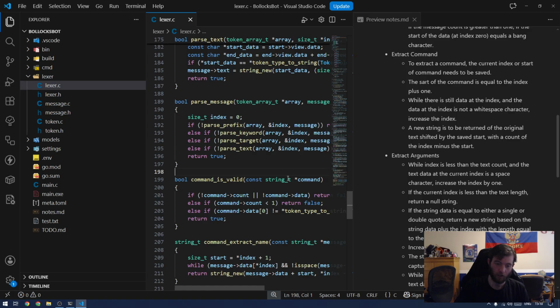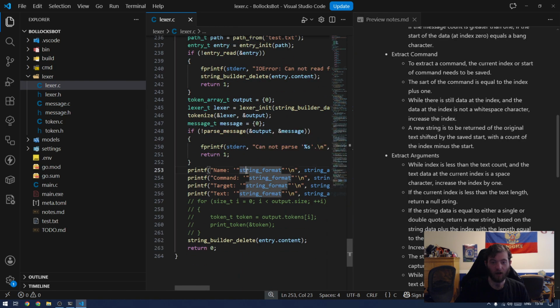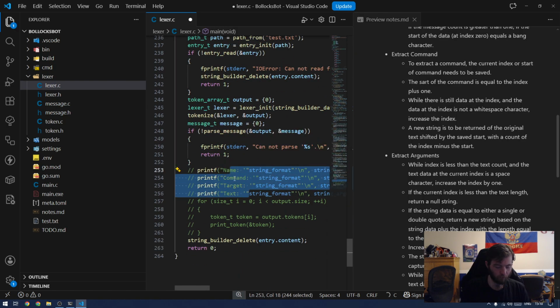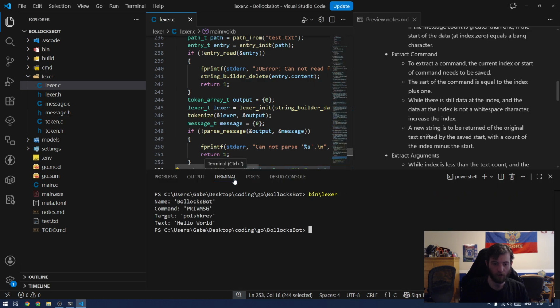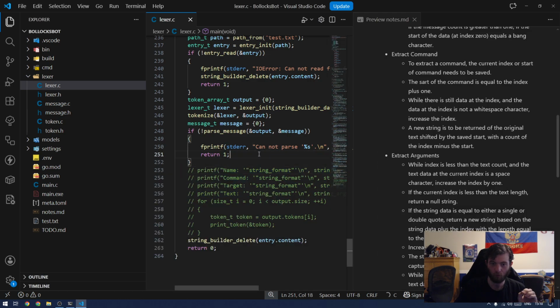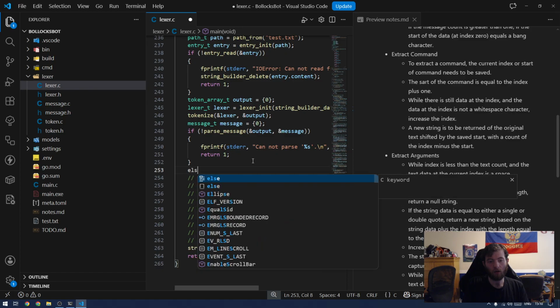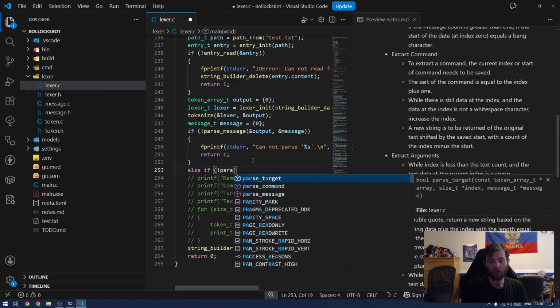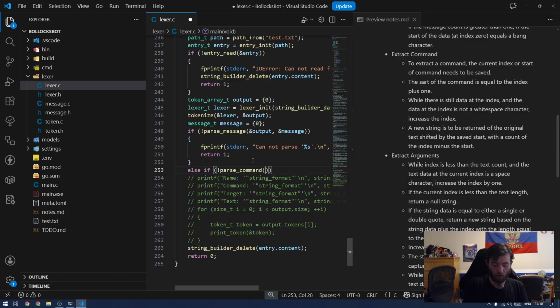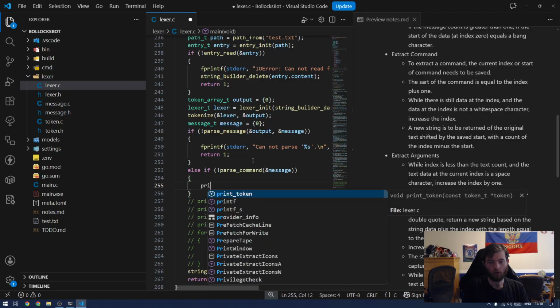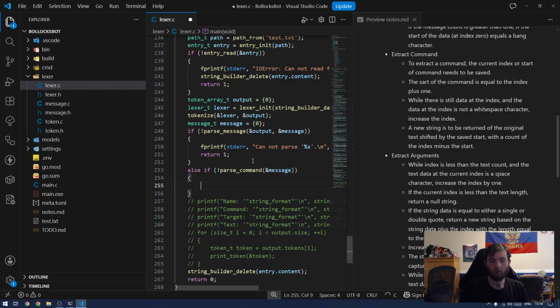Okay, so let's see if this works. Let's tie it all together. Actually, you know what? Let's just run it just to make sure everything's prim and proper at the moment. Okay, so if not parse message is fine, and then we are going to parse else if not parse command. We're going to get in our message. We are going to printf or fprintf